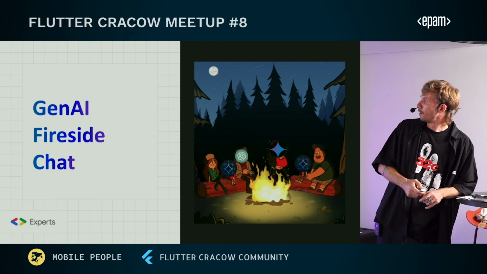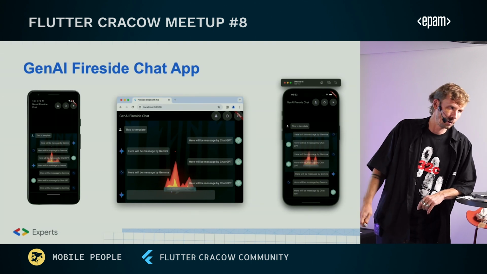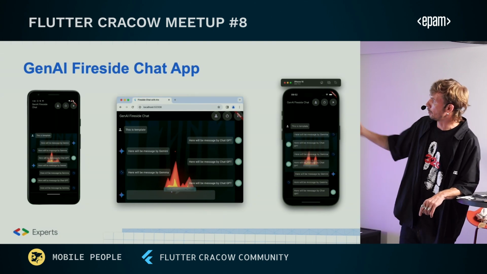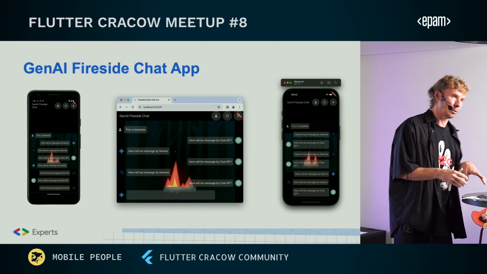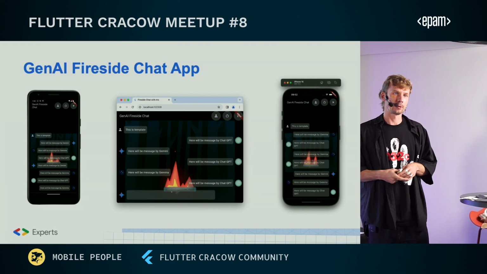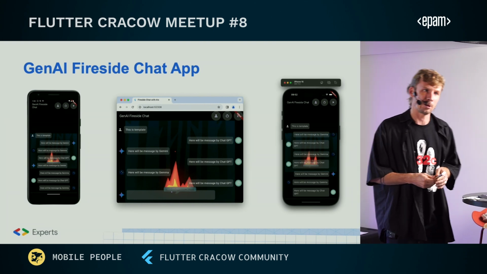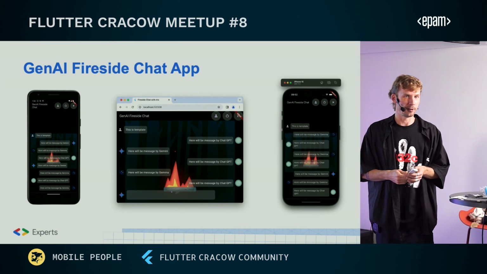Sometimes it's really fun. So this is a simple interface, and because it's Flutter, it works on any device: iOS, Android, and web. So as a human, you should only add the first question, and then the AI models start to talk between each other without you.